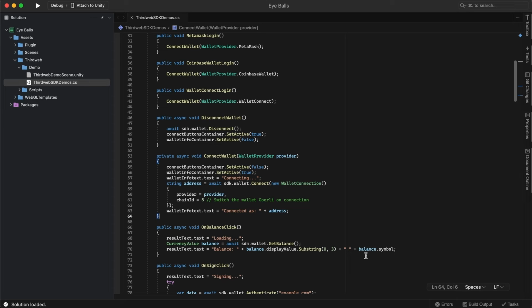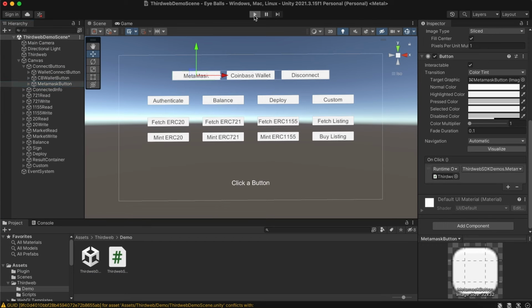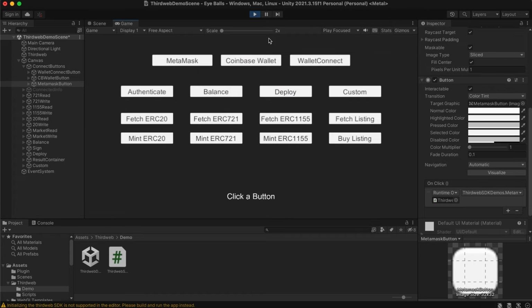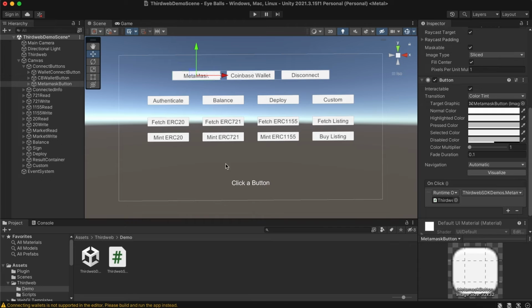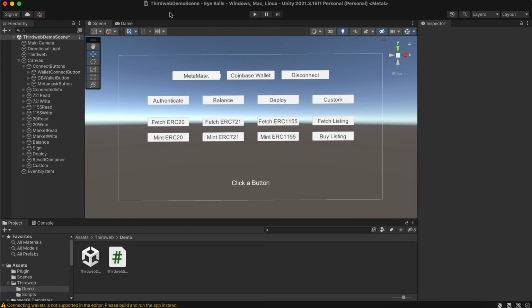Now, this will not work directly in Unity if we click play. And the reason is because we need the browser which has the MetaMask wallet. So we actually need to build the scene as a WebGL build, and then we can run it and test it out. So how do we build